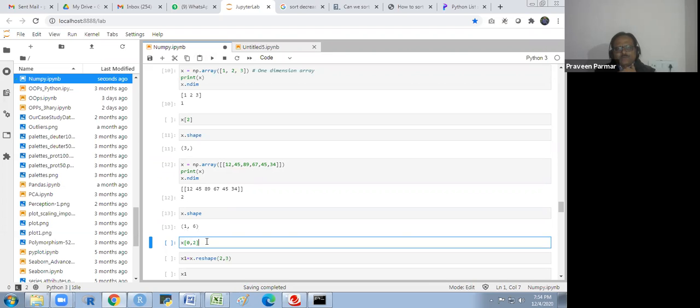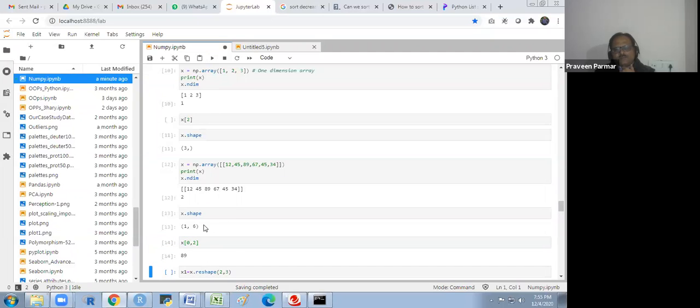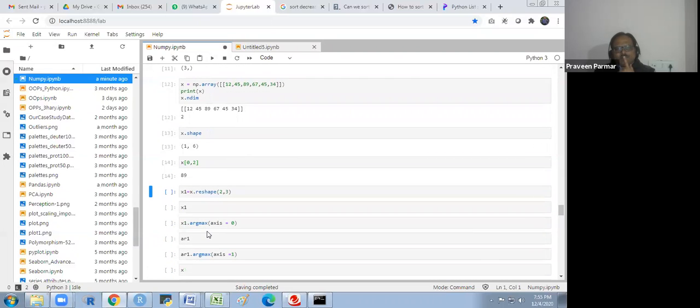And if I want to access anyone, the first row is called the 0 row index, and the 0 2 if I say, so 0 1 2, 89 I will get here. And if I want to reshape this, 2 by 3, I will show you that.